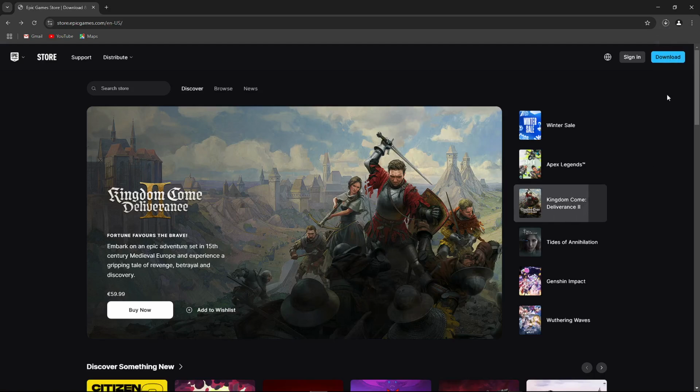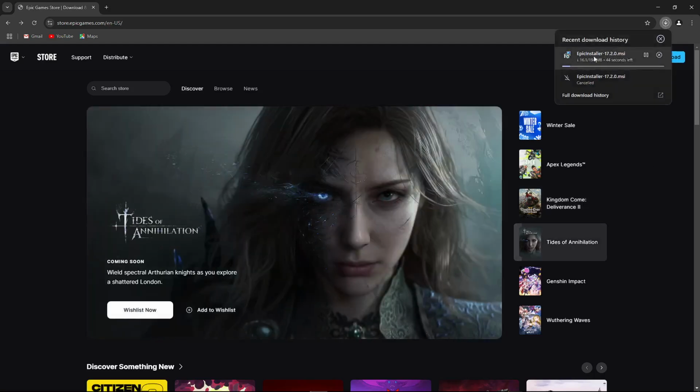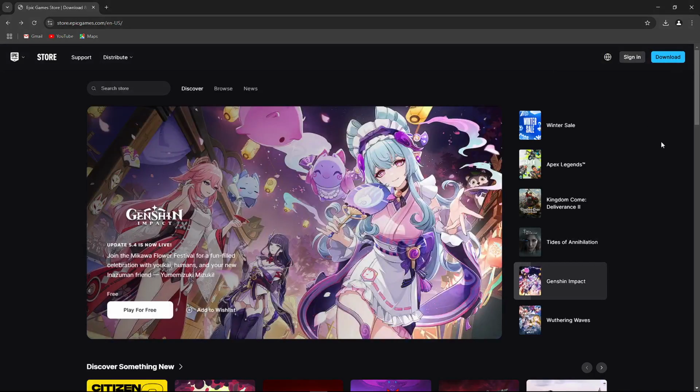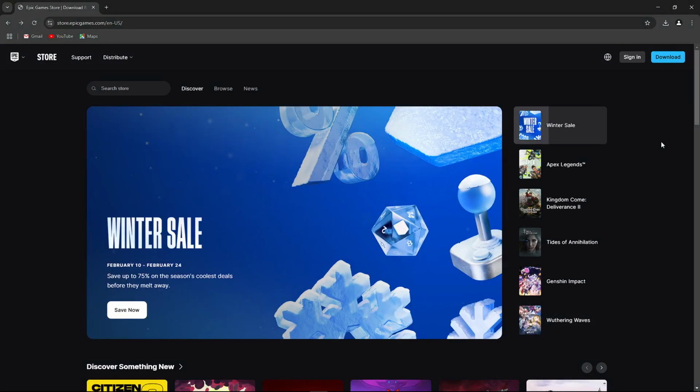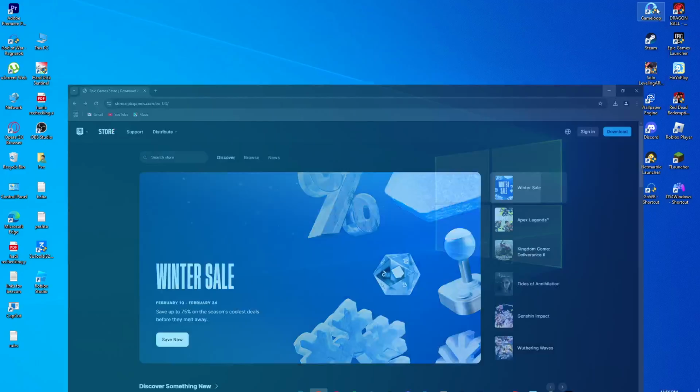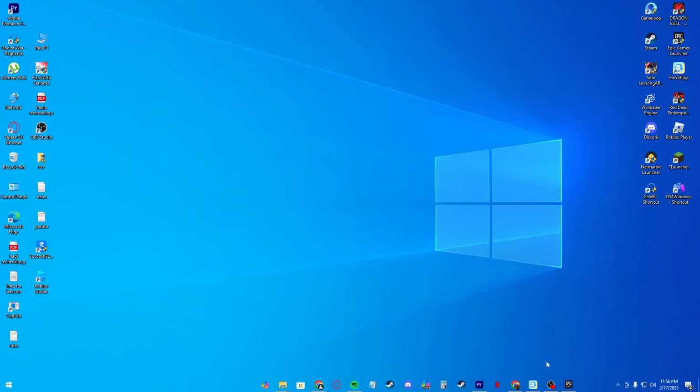Once you click on download, the installation for the Epic installer will begin. Now, you have to wait for at least a minute until your installation is completed. After your installation is completed, you very simply have to run the setup program and install the launcher. Once your launcher is ready to be used, you very simply have to close the web browser and open up